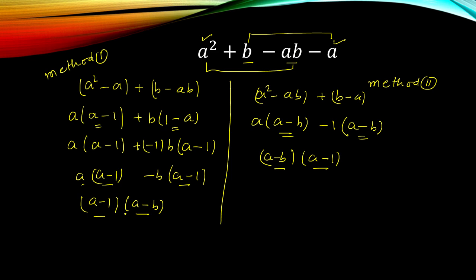So here we are finding the answer is the same while we are taking different groups. In the second method we have taken different groups, and in the first we have also taken different groups. So grouping can be changed but the answer should be the same. Sometimes it is possible to solve the question by the second method, but sometimes it is not possible. So in two questions we have seen that two methods are there. We are changing the groups and making the factors, but not always do we find the same thing. Sometimes only one method is possible for the grouping.